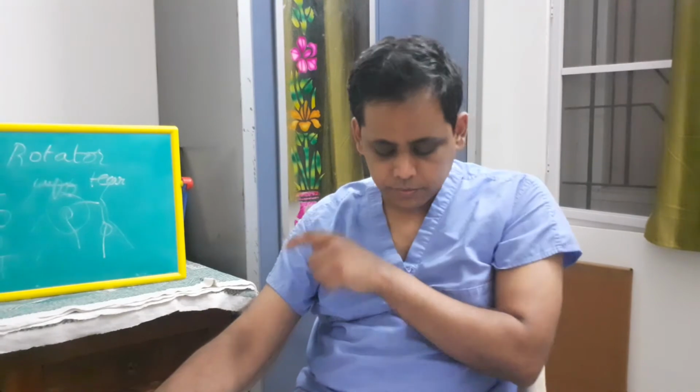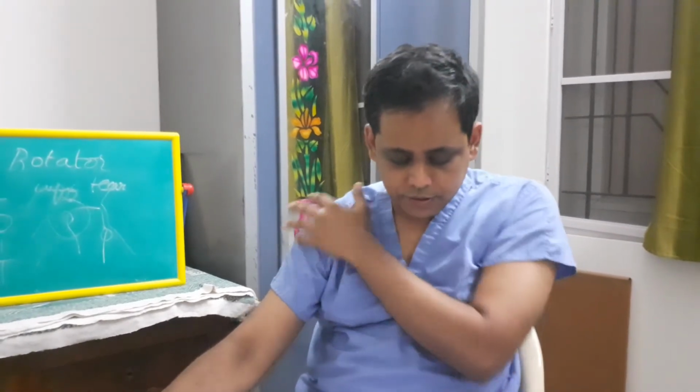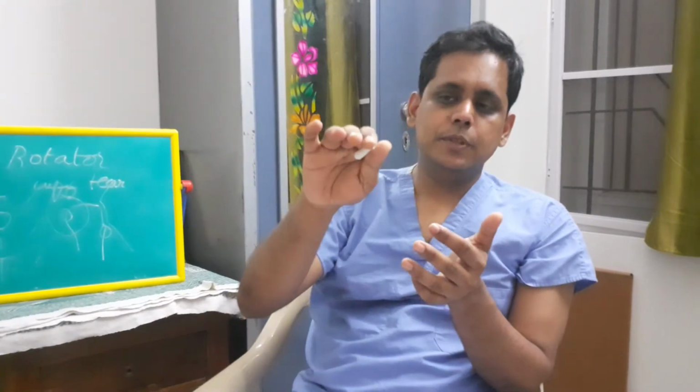And whenever you do arthroscopy, you can actually see both sides of the rotator cuff. So when you go by open, you can see only from the outside. But if you go by scope, it's a small scope, right? So you can probe inside. You can go above the rotator cuff, below the rotator cuff. So it helps in good visualization on either side of the rotator cuff. When you see both sides of the rotator cuff, you can very clearly say if it is truly a partial thickness injury or full thickness injury. So this is very important. Okay. So whenever you see anything, if there is a choice of arthroscopic procedure, especially in younger patients, you should choose that.